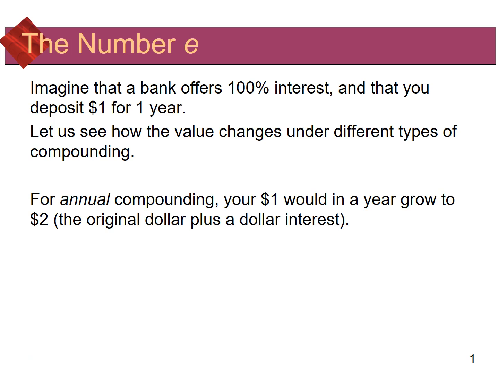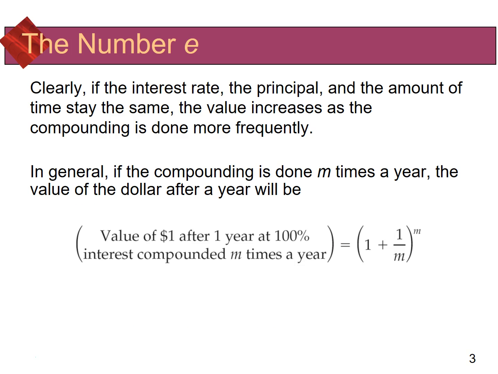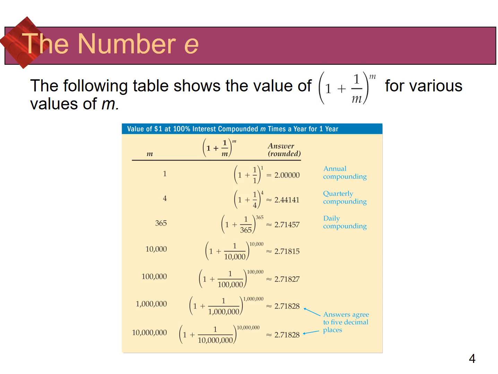If we look at that and apply the compound interest formula and basically just change again the number of times we compound the interest, if I do some quarterly compounding where M is 4, I get about 2.44. If I go for daily compounding, where again our M now is 365, I get about 2.71. If I continue doing this and keep making the value of M bigger and bigger and bigger for this little thing here where I have 1 plus 1 over M to the M power, we see that, and this is